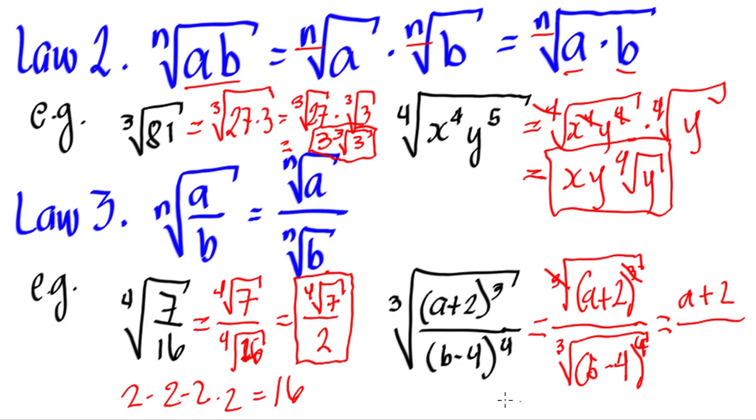So we will say that b minus 4 is equal to b minus 4 raised to 4 over 3. Okay, then after that we can see that 4 over 3 can be rewritten as